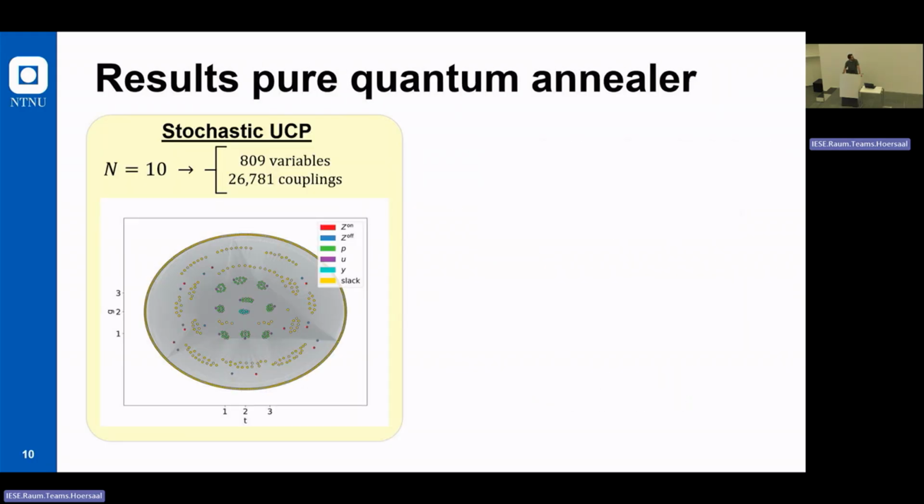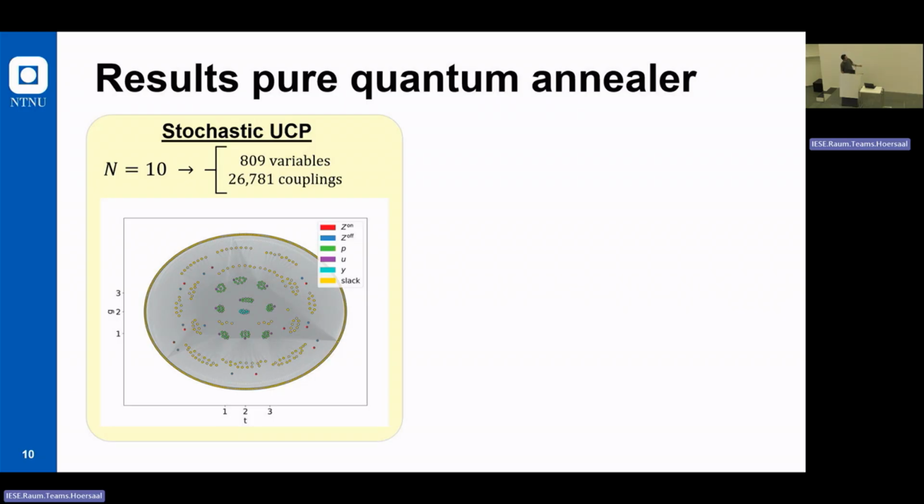So after checking on the hybrid solver, we want to try to check on the pure quantum annealer. And as we said, to go to the pure quantum annealer, we have to convert the problem into QUBO. And let's see what happens if we set the number of scenarios that we checked. So earlier in the previous slides, we said n was the number of samples that we get from the multivariate distribution. Let's set n to 10. N is a very low number. So ideally, you need thousands. But we set it to 10, and we observed that the number of variables is 800, and the couplings is 26,000, which is insanely large for what the state-of-the-art quantum annealers can do nowadays.